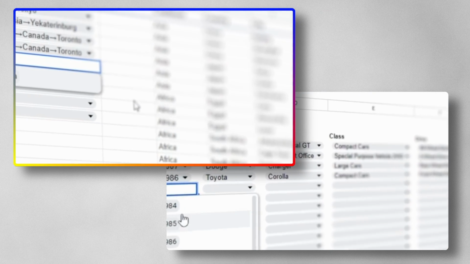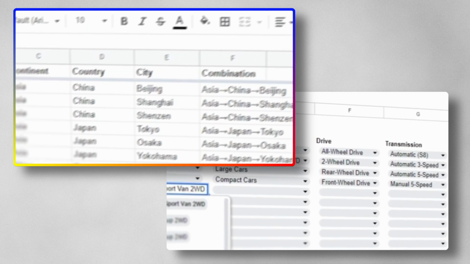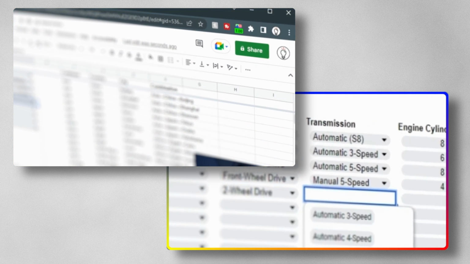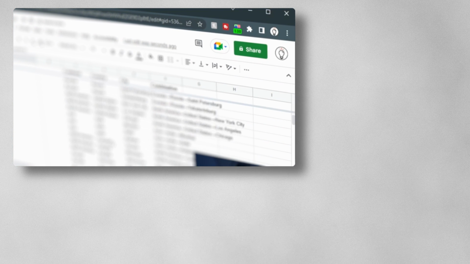On this channel, I've shown you a few different ways of creating multiple dependent drop-down lists. From using functions to combine multiple drop-down lists into one single drop-down list, to the traditional version where you've got multiple columns which pull from multiple tabs. And today we're building up on that using a Google Apps script to create multiple drop-down lists using a single